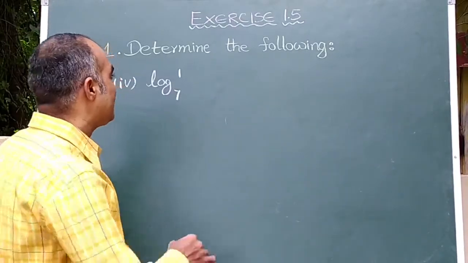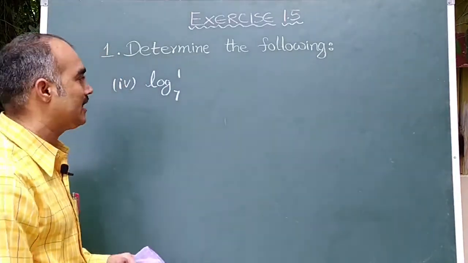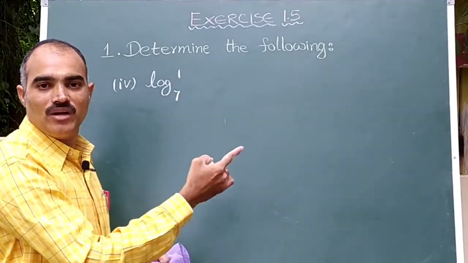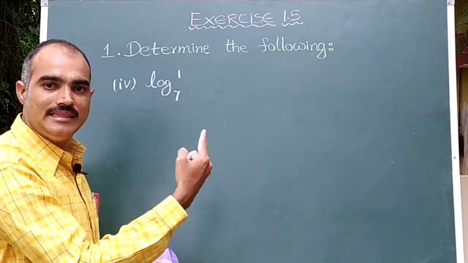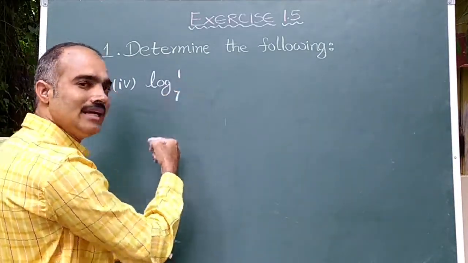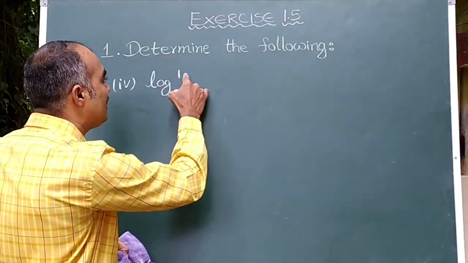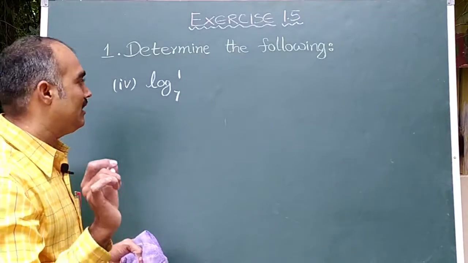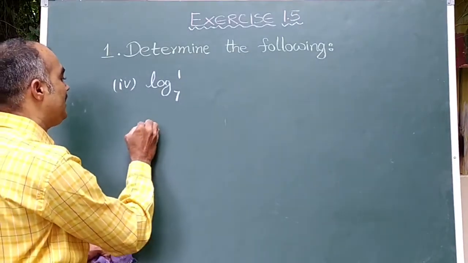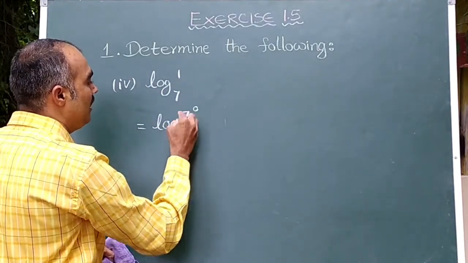Now let us see next bit, that is log 1 base 7. Here we need to use our logical thinking, children. Can 1 power anything be 7? 1 power 1, 1 power 2, 1 power 3, 1 power anything, it cannot be 7. Then you just think in reverse, can 7 power anything become 1? Sure, 7 power 0 is 1. So let us write this one as 7 power 0. That is the simple logic required to solve the problem much faster.